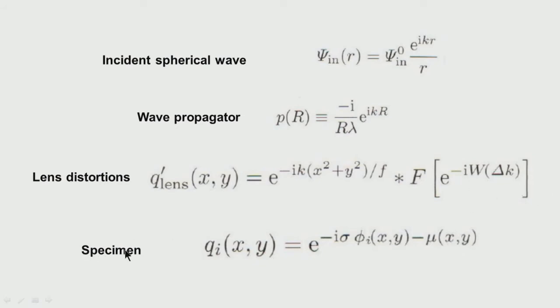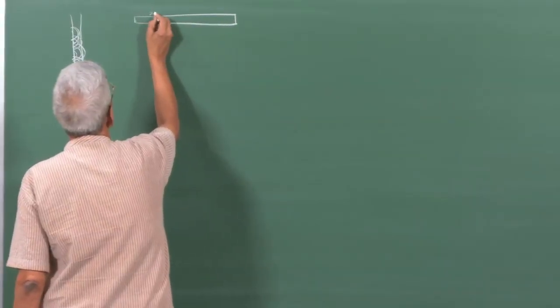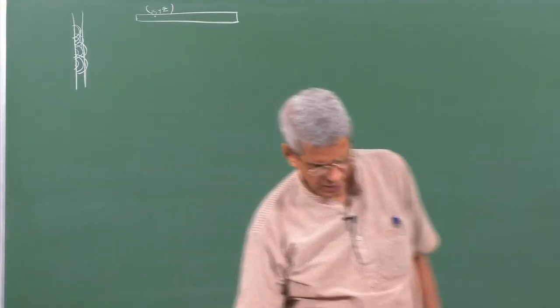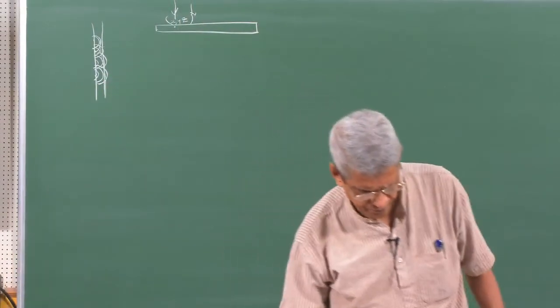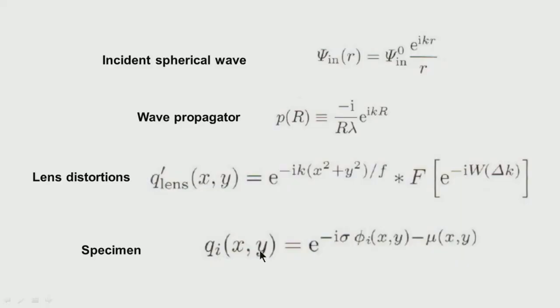Then the specimen, how do we describe it? The sample itself is a very thin sample. Any point on the sample can be described with coordinates x, y and z. If we take z to be the propagation direction, the direction of the beam, then we can make out that for one particular plane, x and y are changing. What it does is essentially introduce a phase shift, e to the power of i, this is the phase which we are introducing.